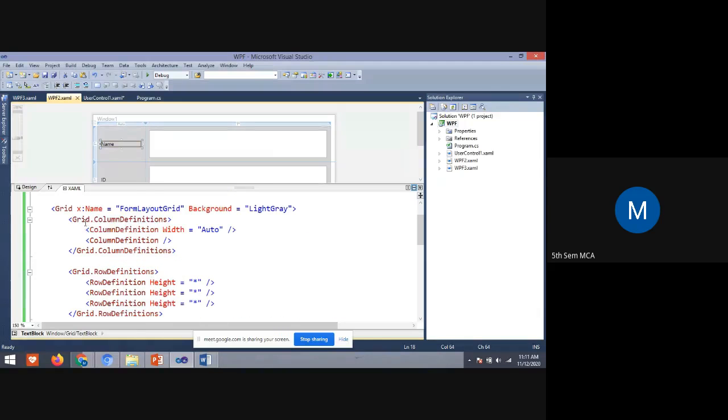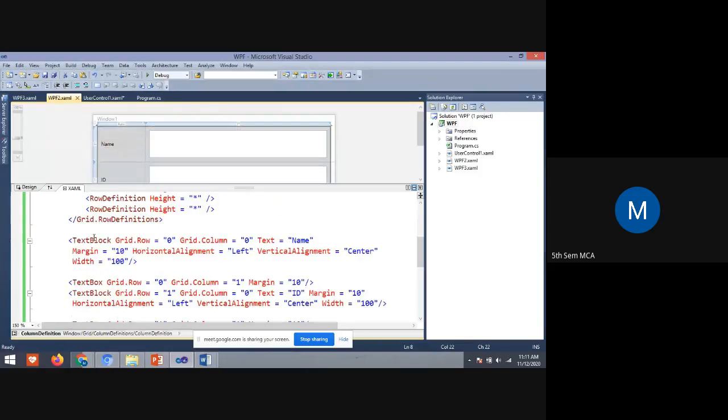See here I have taken a grid. Here I have taken a text block. So in this text block, the column value I have given is name, and the margin is 10.